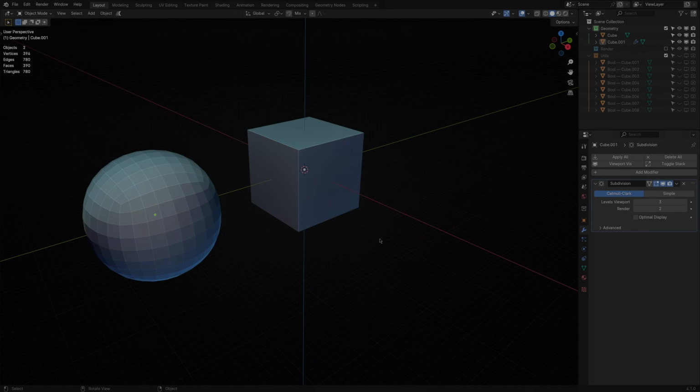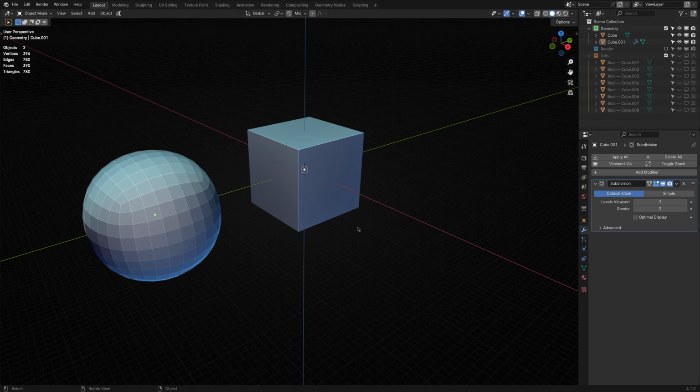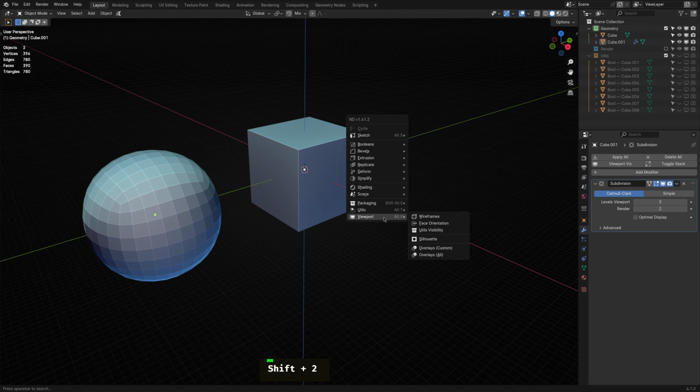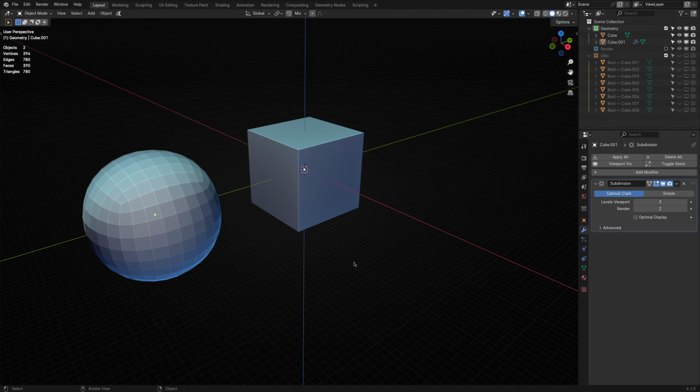Like a few other categories in ND, the viewport menu has its own shortcut, Alt plus V. I'll use that in this video because it's quicker to open and it has become muscle memory. You can, however, always access it from the main ND menu or the N panel, whichever method you prefer.